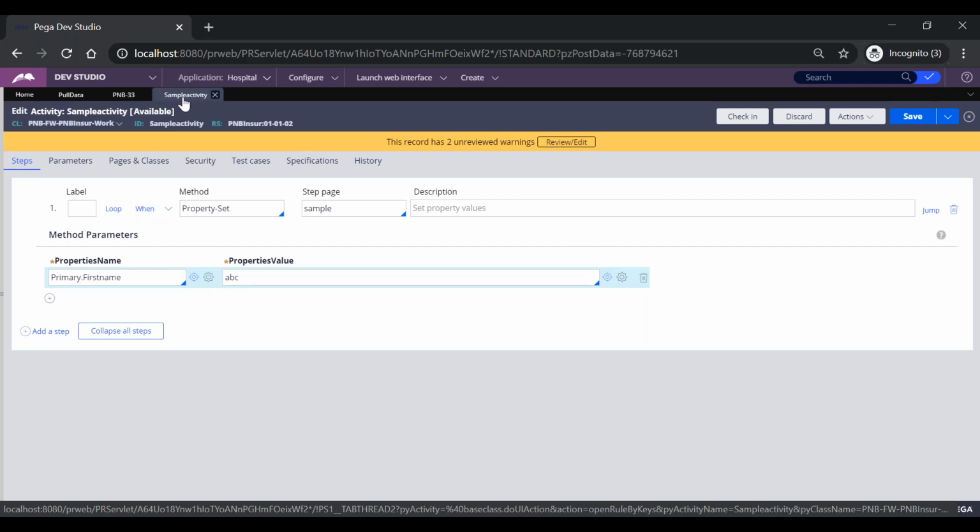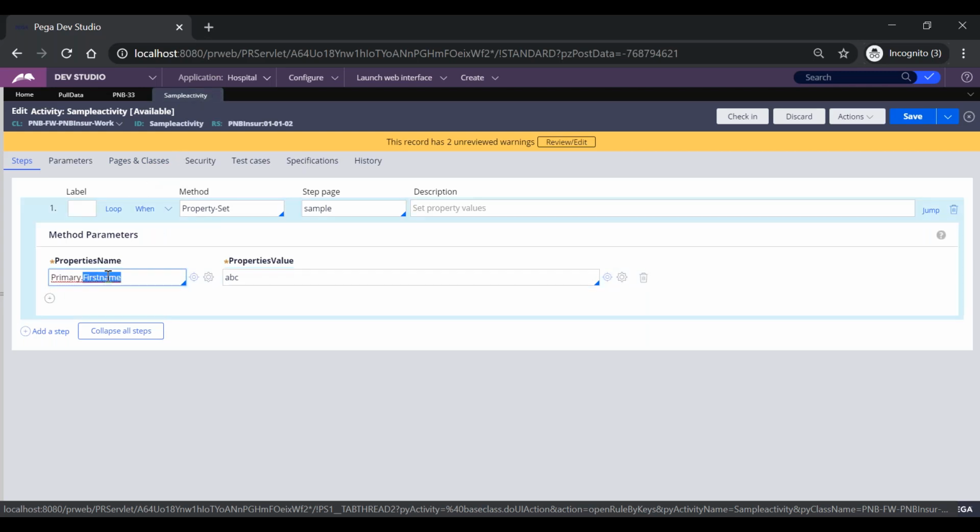If I use this sample activity in one utility shape, and this shape is used in the flow diagram, then when I run that flow, I can set the value of the firstName property, which is on pyWorkPage, to this value. This execution will happen successfully.